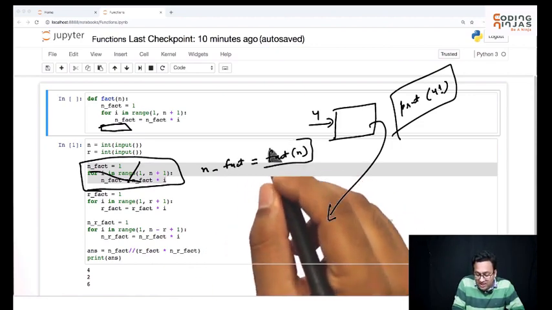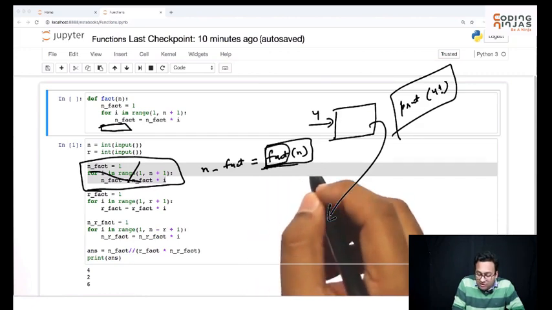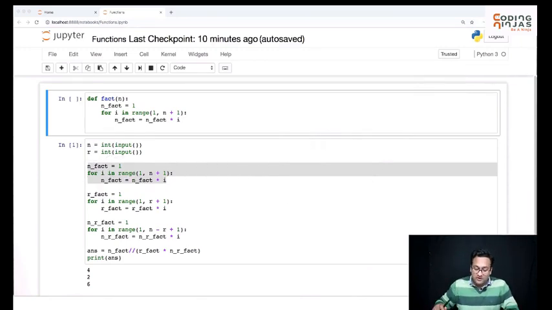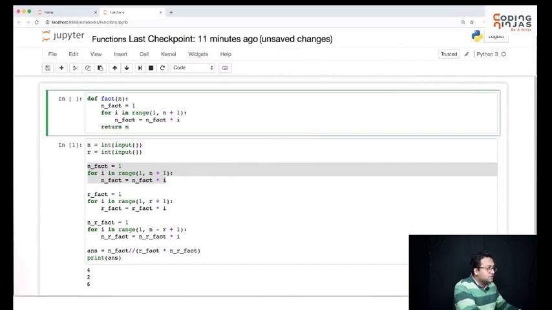I want this function to calculate n factorial for me and give me that value, because I want to use that value going forward. At some place I want to use that value, right? So the way to do that, in the function, you can say, hey, I want to return this value. This is my result. I want to return this.